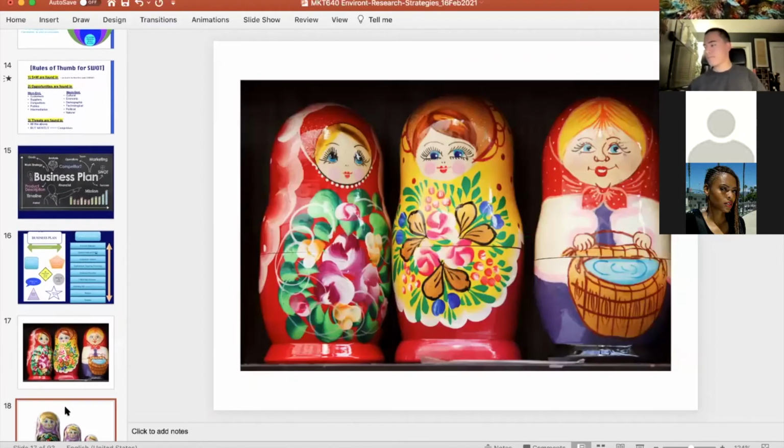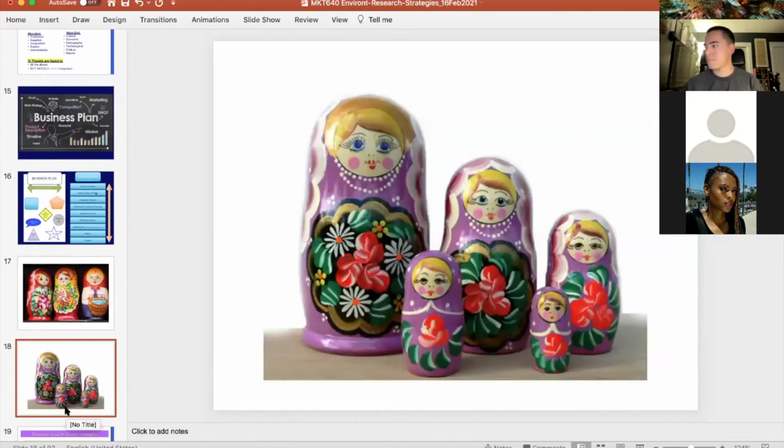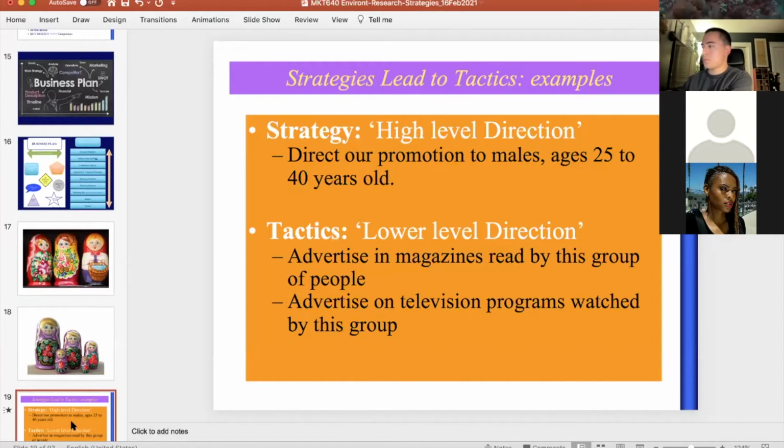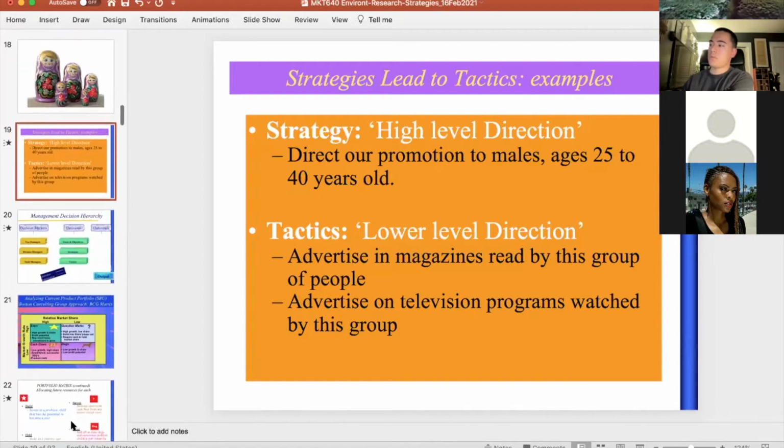So now I go back to my Russian doll again, because I was talking about the Russian doll. To run your plan, you need to understand that there are big things and small things. What's the big thing when you talk about the direction of your company? What is the name for the long-term direction that you will implement in order to get your objective completed? It's called the strategy. What is the sub-component of the strategy called? It's called the tactics. So strategies and tactics are two different things. Let's talk about some strategies.